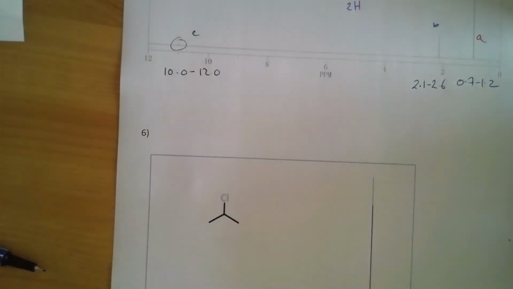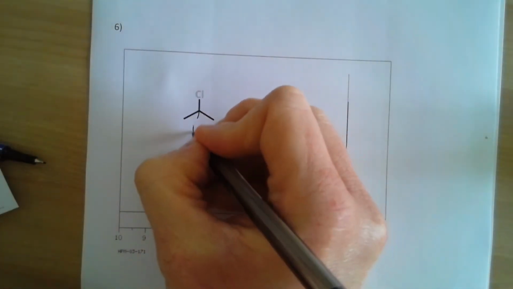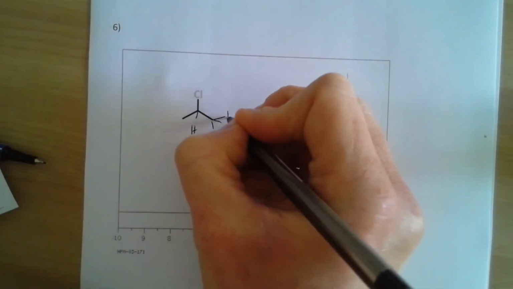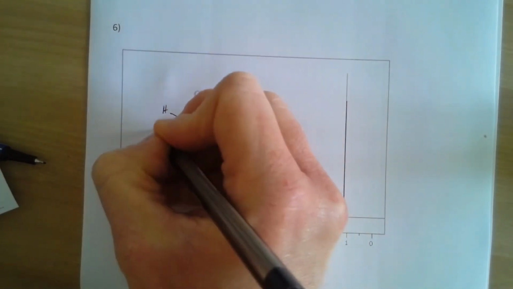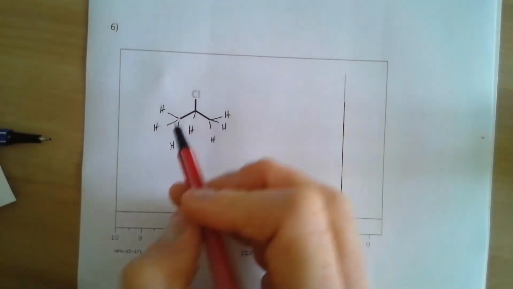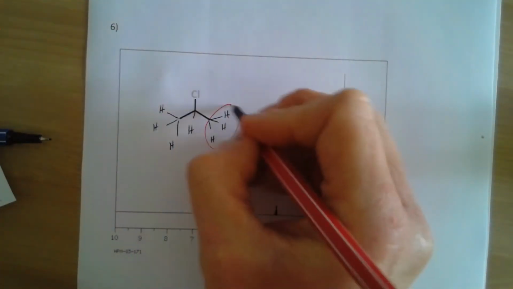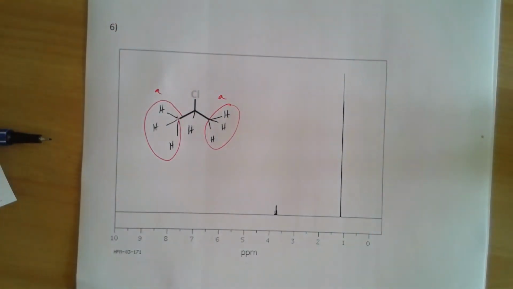Question 6. Again, quite a straightforward spectrum. If we just predict before we even jump straight in, I'm going to draw the hydrogens in now because I haven't done that for a while. So we've got some symmetry here, so all of these hydrogens are equivalent to each other, and we'll call that environment A, and then